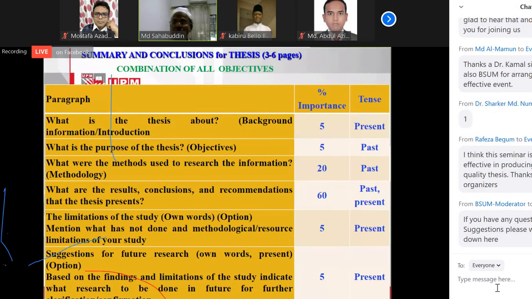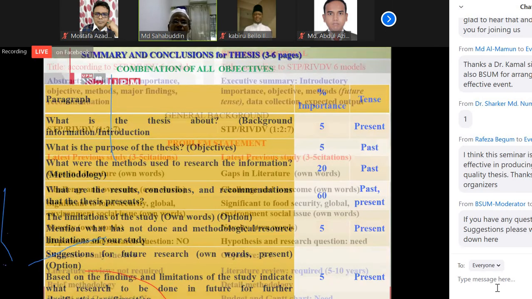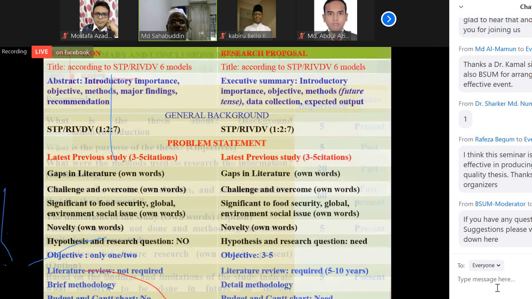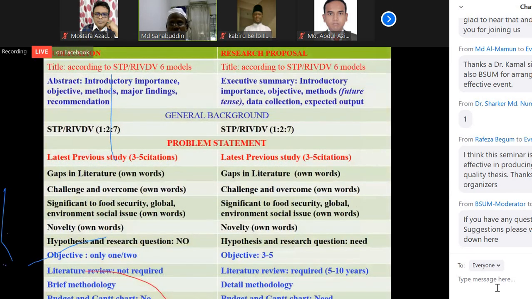So every component of our introduction, abstract, methodology, result discussion, conclusion, summary, there is one important the key point, another important the sequence, another important the percent, another important the tense. So this is some example of the difference between the review article or the research proposal and publication.